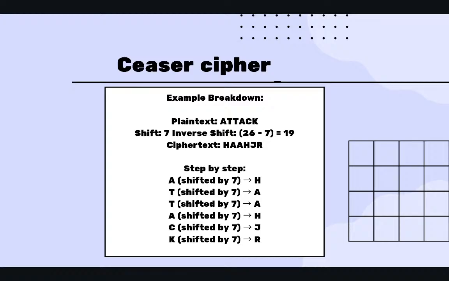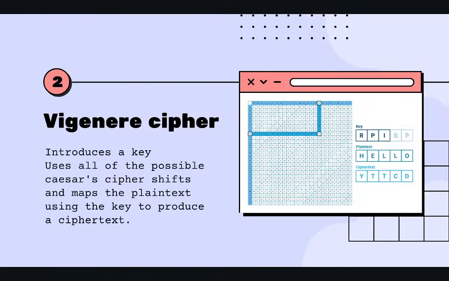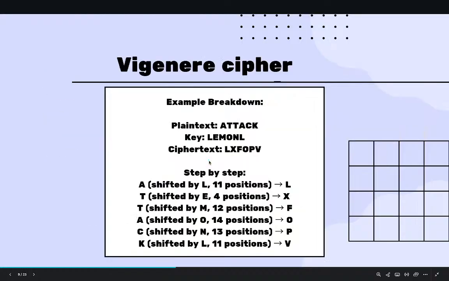I hope you have no doubts in the cipher. We'll be moving on to the next cipher, which is Vigenere cipher. Vigenere cipher is a bit more complicated than Caesar cipher. Instead of a single shift for all the characters, it will shift each character differently according to a larger key. The key in this case would be another piece of plain text, and I'll show you how the shift is done.